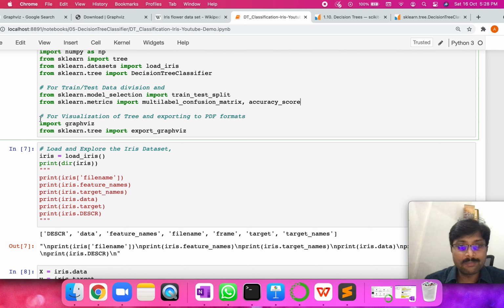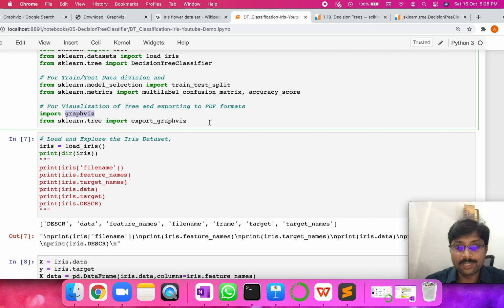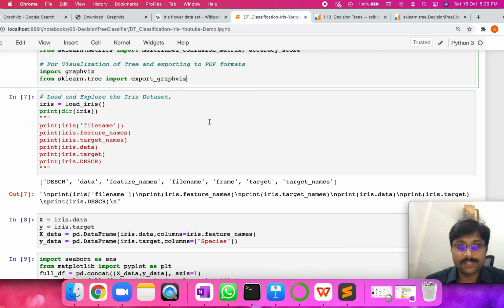We also have some important libraries for visualization, not of the data, I'm sorry, but of the graph, the tree that the algorithm builds. That can be visualized and exported into an external file so that we can see it clearly. The library Graphviz is very useful for that, so we are going to work with that as well in this exercise.